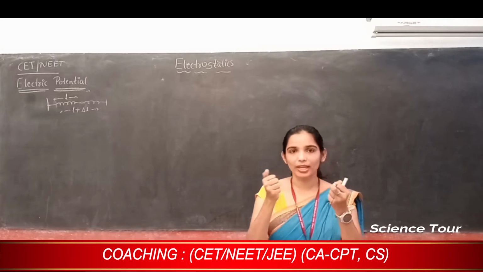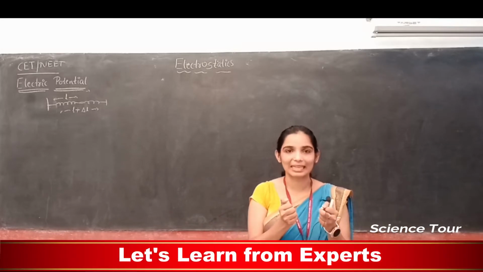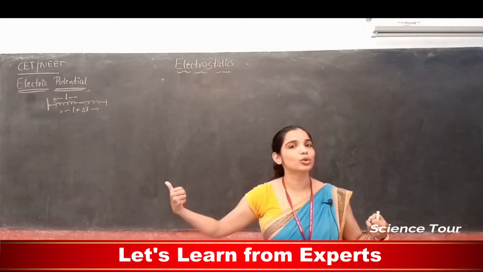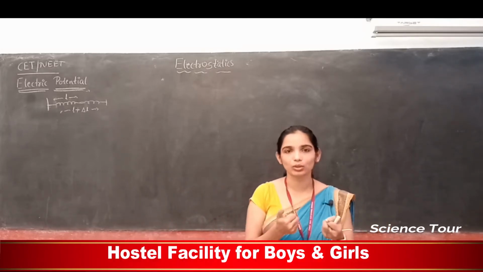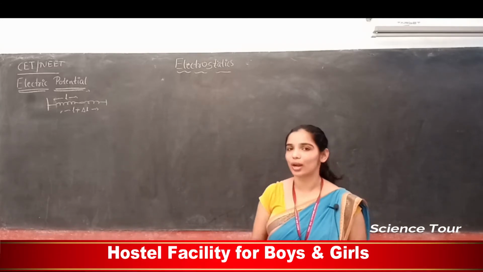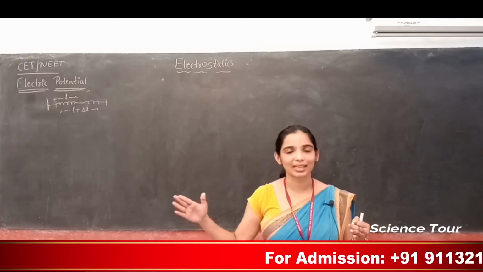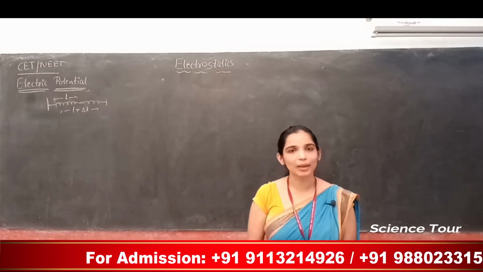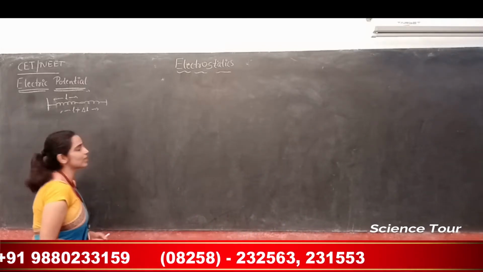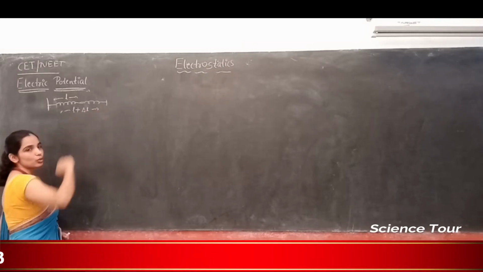If you expand the spring for a longer length, then more potential energy will be stored. If you expand it very little, less potential energy will be stored. Why? To expand it to a longer length, you have to do so much more work compared to the shorter length. That work done is stored as an energy which we call potential energy. When you release the spring, that potential energy will convert to kinetic energy. Hence, your spring will come back to its initial length, correct? So potential energy is a stored energy here, which is nothing but the work done on the spring to expand.